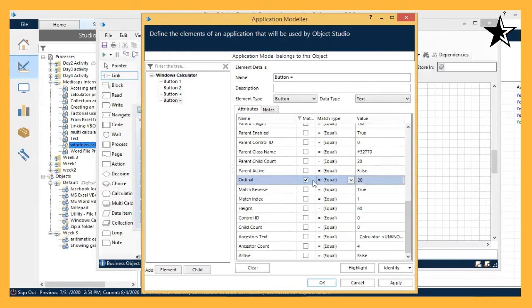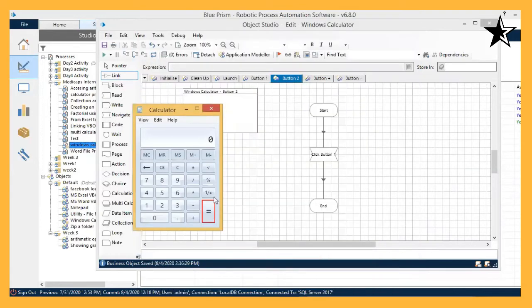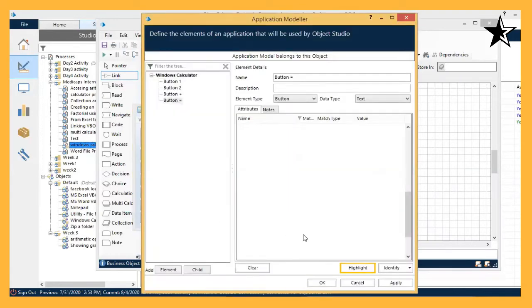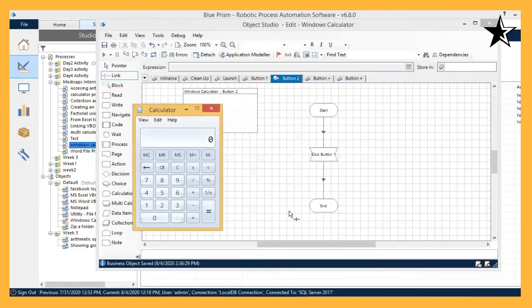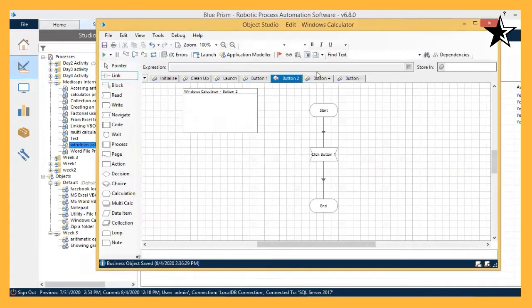As I told you, the ordinal number of equal is 28, and that of the button 1 is 1. So I just click on highlight. Your calculator's equal button is highlighted. Click on apply and OK. Now we have trained the application modeler to deal with this calculator application, and we have trained it to use 4 buttons: button 1, button 2, button plus, and button equal.